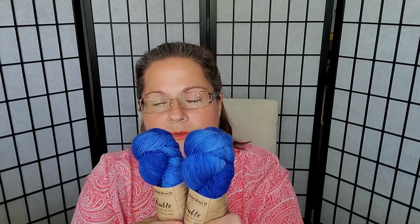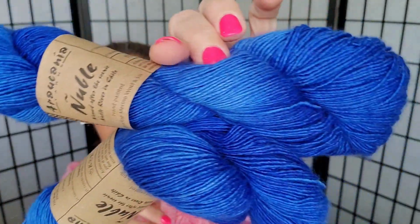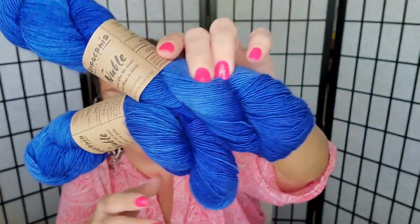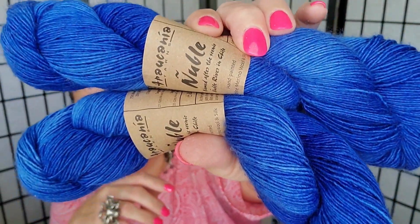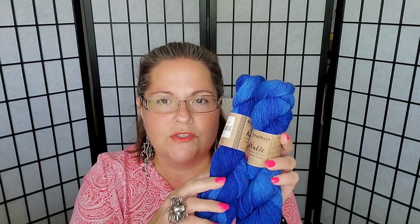So beautiful, beautiful. But I mean, look at the vibrancy in the blue. Holy cow, I couldn't think. But is that not gorgeous? So what did I say? There's 272 yards. So that's what? That's almost 550 yards, I think. So again,